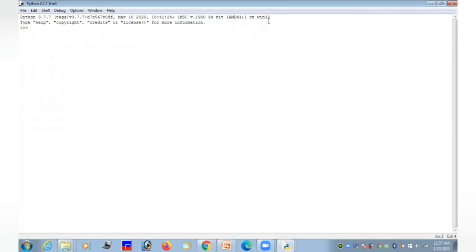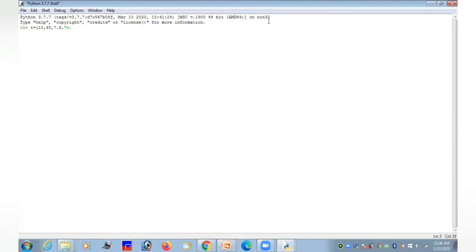So I am going to create the tuple. Say T is the tuple name, equal to, within parentheses we have to mention the elements. The elements are 10, 45, 7.8. A tuple is also a collection of different data items.